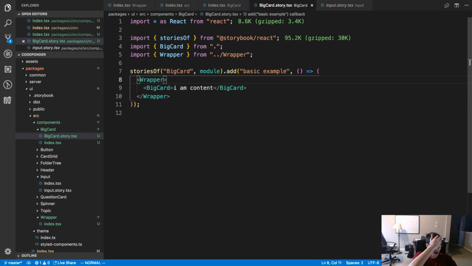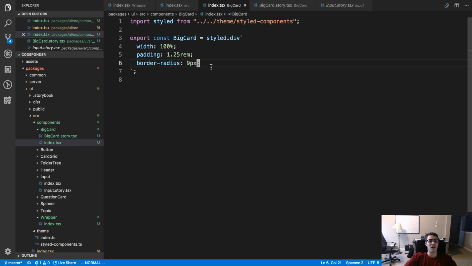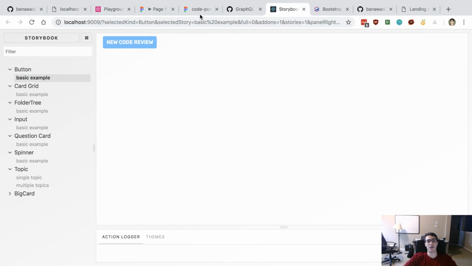And we're just going to wrap it with a wrapper so we can see what those look like together, because that's pretty much the way we're going to do it.